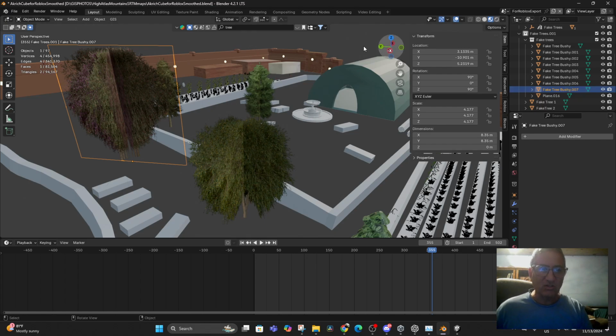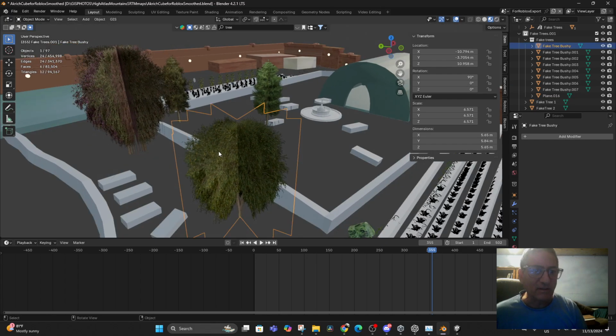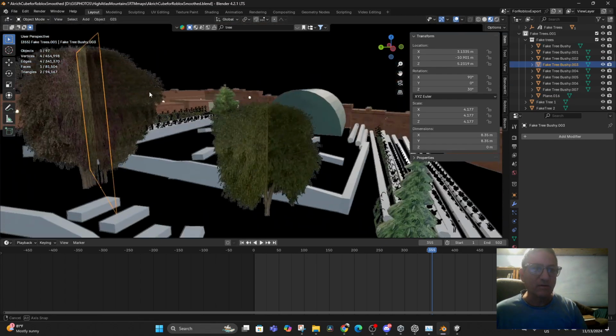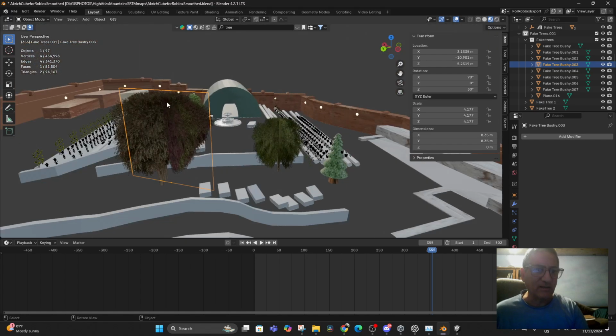Shift D, what's going on here? Let me try. Shift D, RZ 15. No, for some reason it's not letting me shift anymore, which is highly unusual